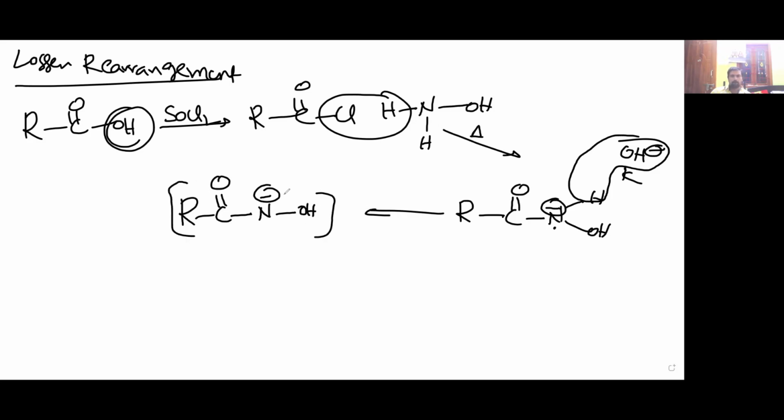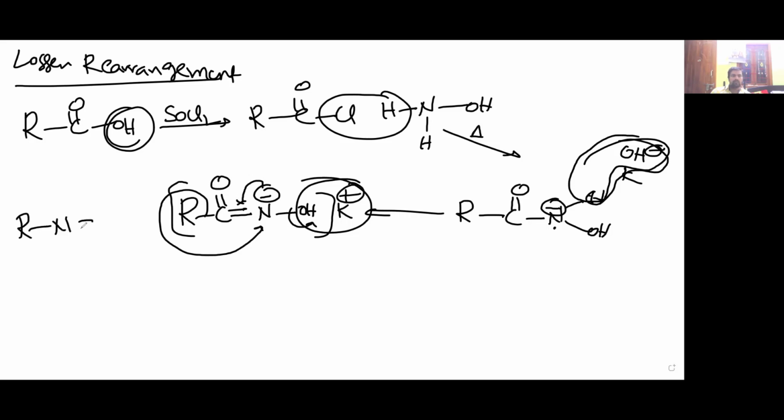Here you added a KOH base, so K plus is there. This is an acidic hydrogen, so water is eliminated, K plus is there. After that, please remember, this is the double bond; carbon with 5 bonds is unstable. Please see that KOH is eliminated. Then R-N double bond C double bond O. Then water is added. Alkyl isocyanate.